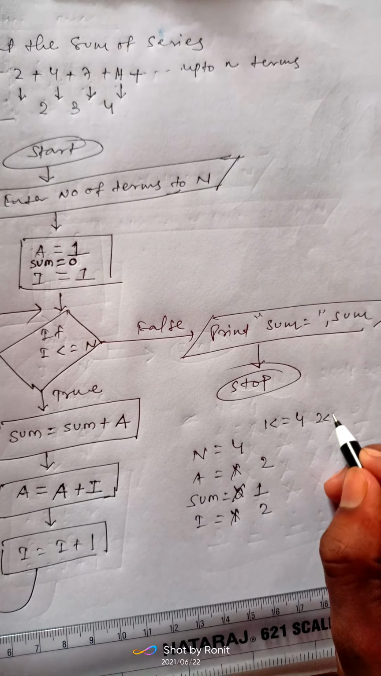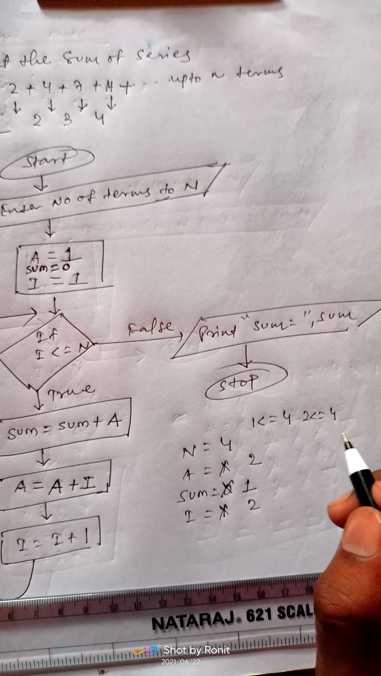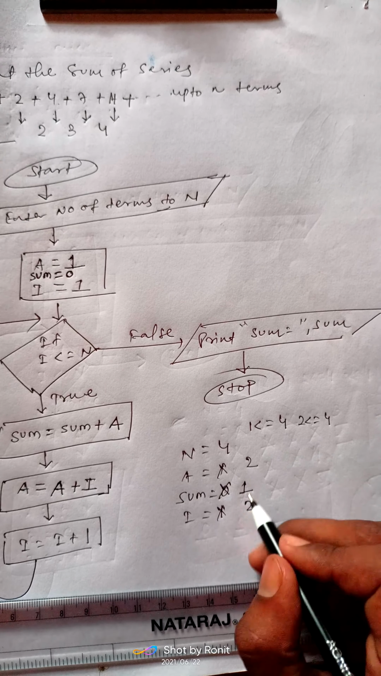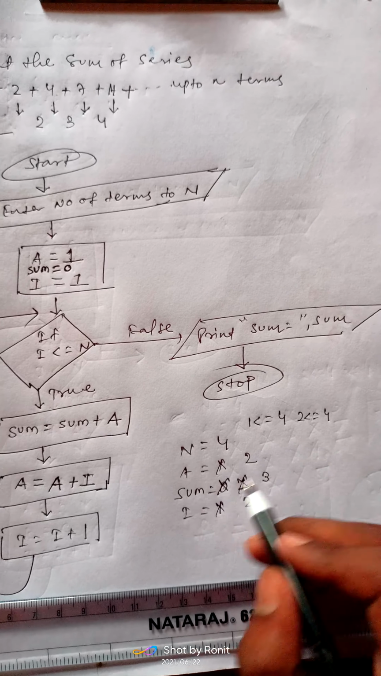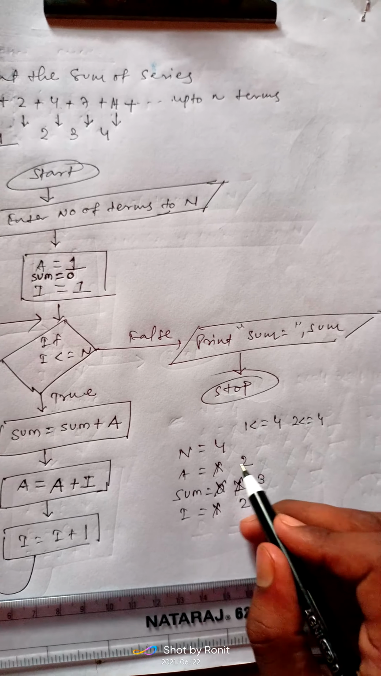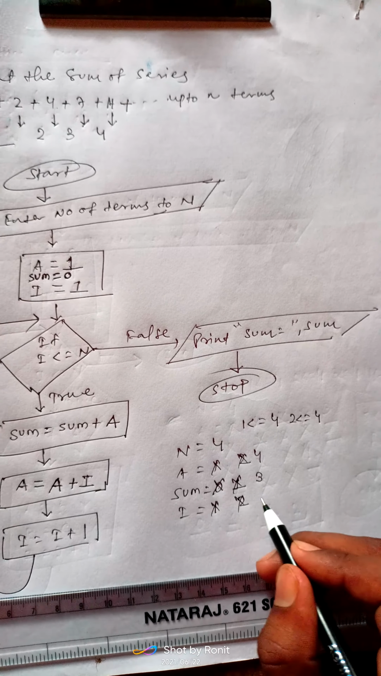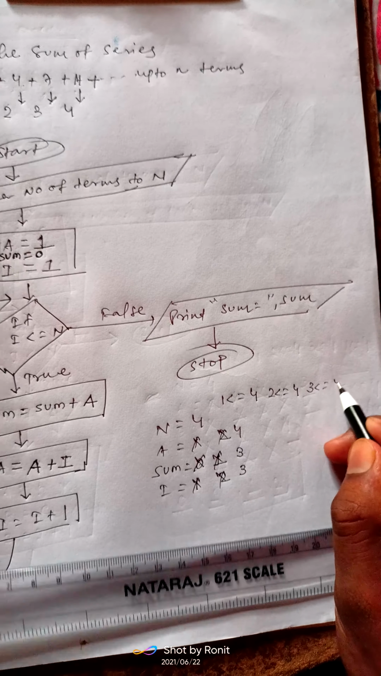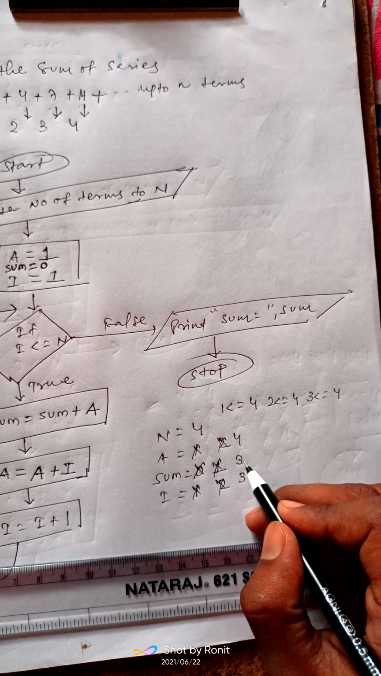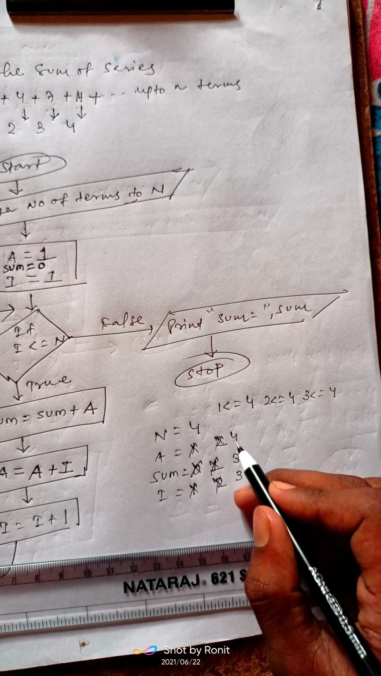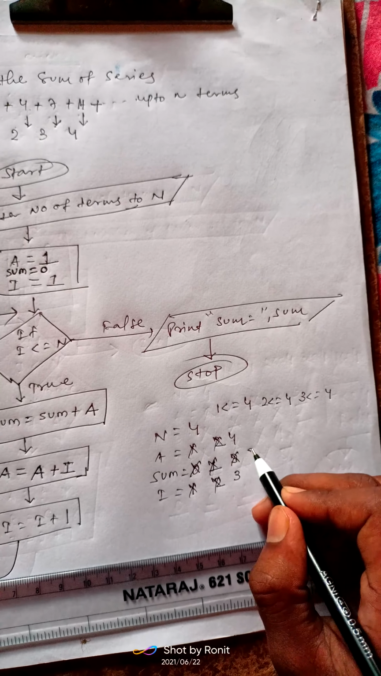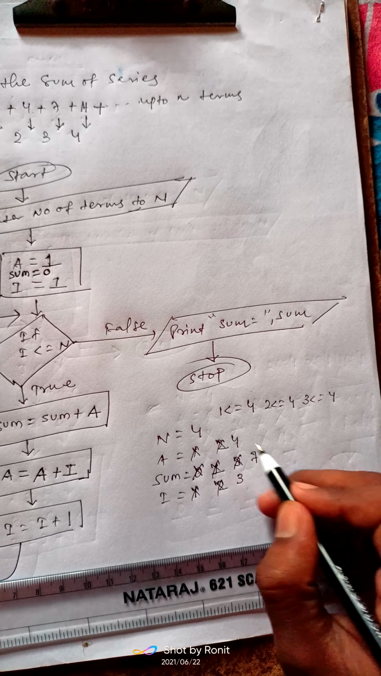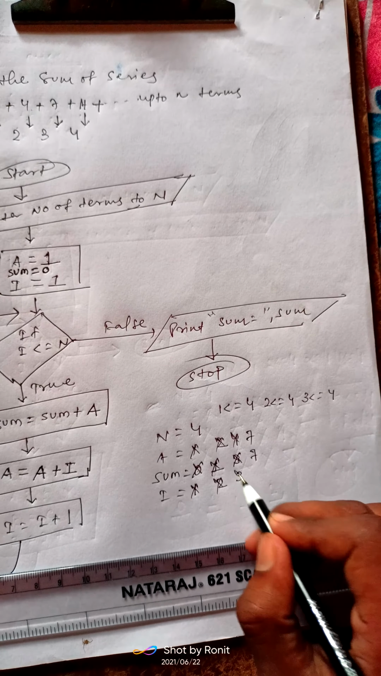Next condition, 2 less than or equal to 4, that is also true. Then sum will be sum plus a, that is 1 plus 2, that is 3. a will be a plus I, that is 2 plus 2, that is 4, and I will iterate. Third condition: sum will be sum plus a, that is 3 plus 4, that will be 7. a will be a plus I, that is 4 plus 3, that is also 7, and